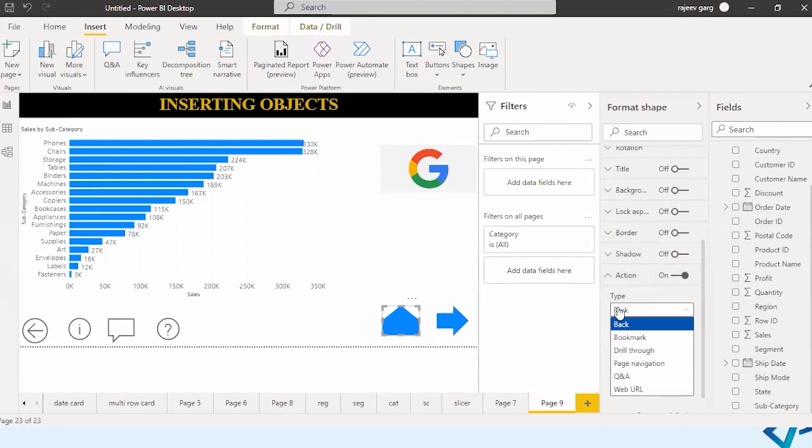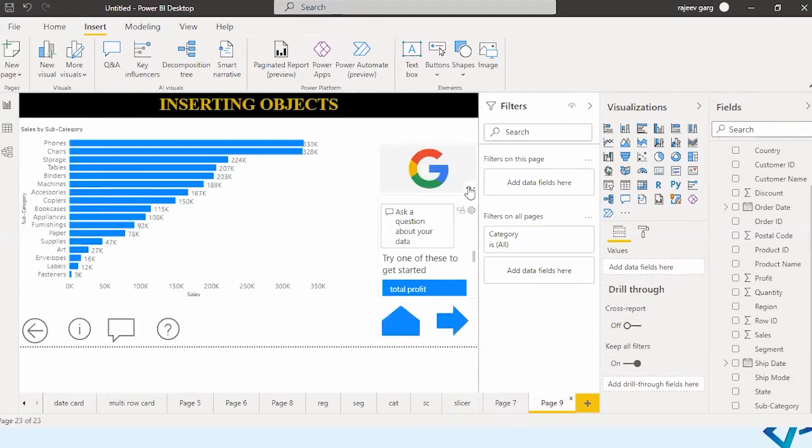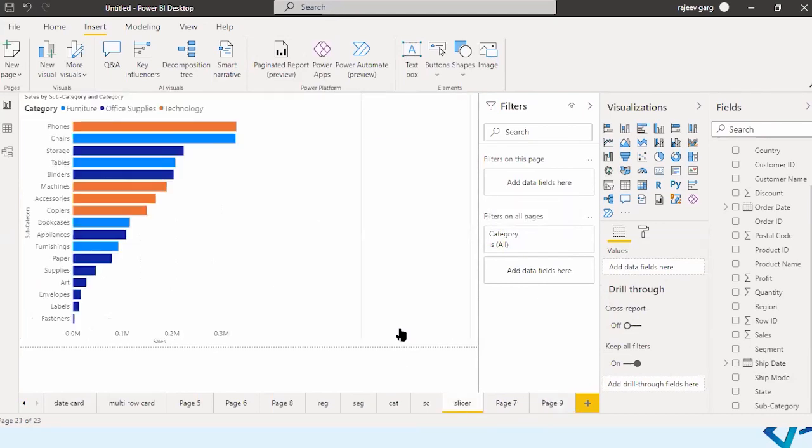So this is the back action. So let me put a back and say previous page. So it will take you to the previous page. Let me click over here. See, it has taken me to the previous page which I have worked on. Let me go back to this and click over here, and it will take me to the previous page which we have worked on.